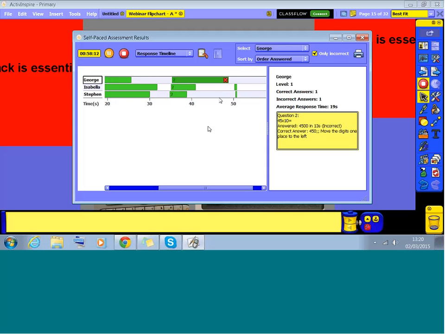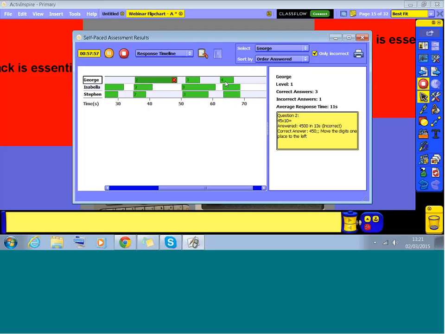And oh, he's got question 2 wrong. Okay, he's done that incorrect. Or maybe George, maybe. And this is the good thing, because you find out, and this is the whole point of the self-paced questioning and just using the Expression handsets per se, is you find out what your students are thinking, and this is the key